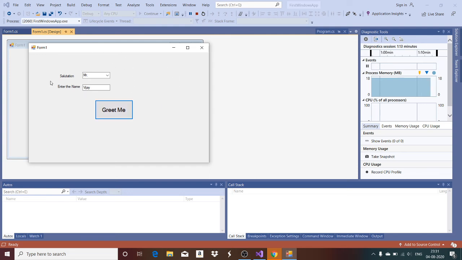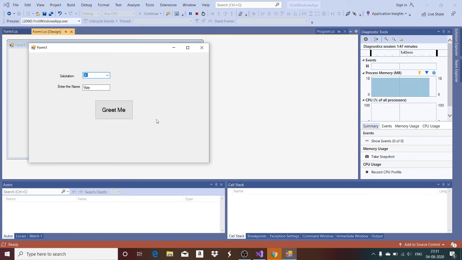So when you see this particular form, clicking this button is one of the events. Changing the text box content is another event. Selecting an item from the drop down box is also another event. So these are the three kinds of events that happen in this particular form, which can be responded to by the form if you have edited the code accordingly, or if you have added the event handler accordingly.